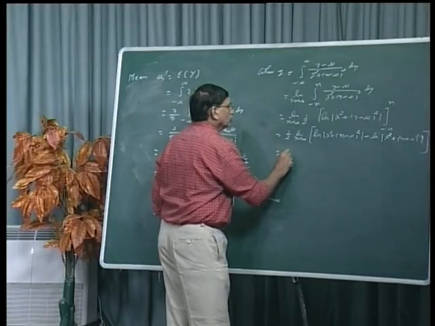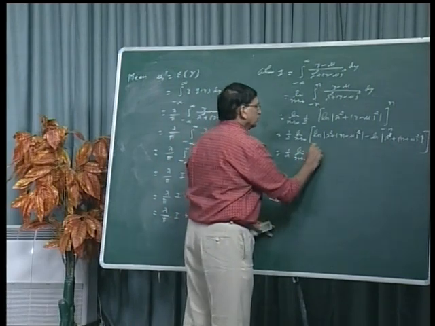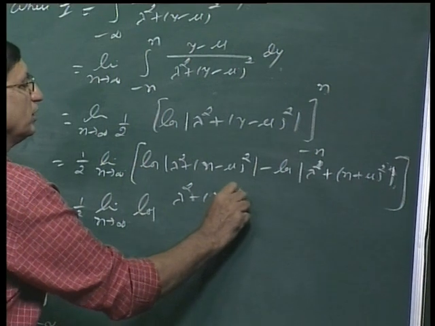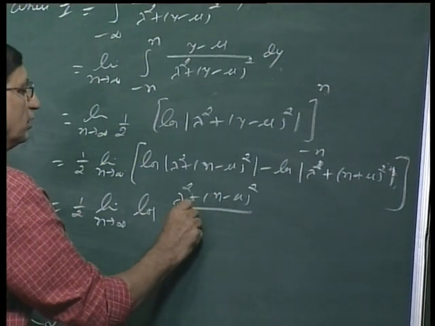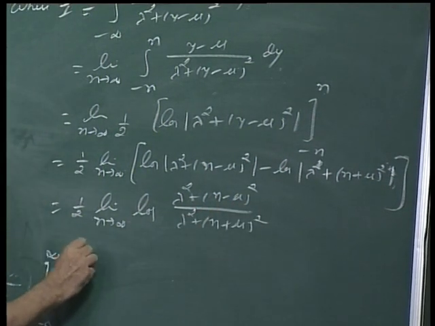So this is equal to 1 upon 2 limit n tends to infinity of log of (lambda square plus (n minus mu) square) upon (lambda square plus (n plus mu) square), and so this is equal to,